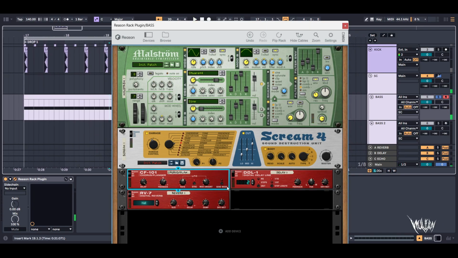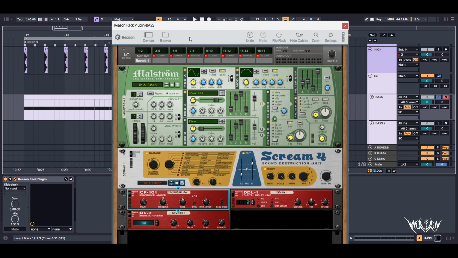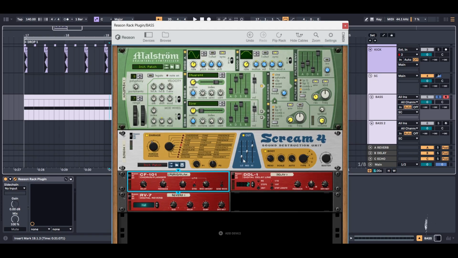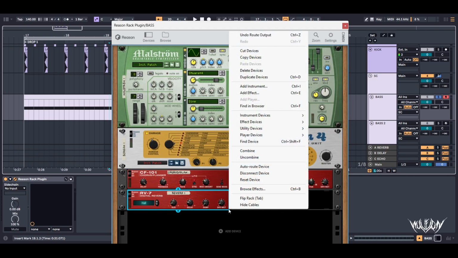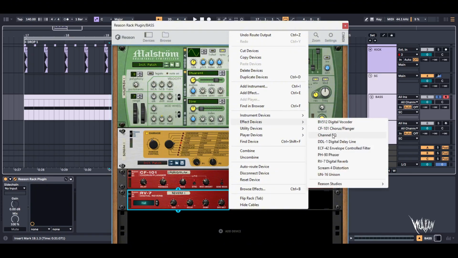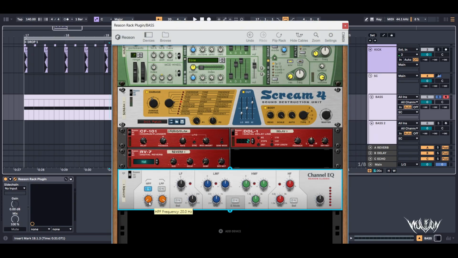And as you can see, we were able to route it out with no issues. What I'm also going to do now is show you how I do my subs within Reason. I usually just do it all in one patch now. Basically, I'll grab a channel EQ right here and add it on the end, and I'm just going to use a high pass filter to take out everything from about 120 Hertz